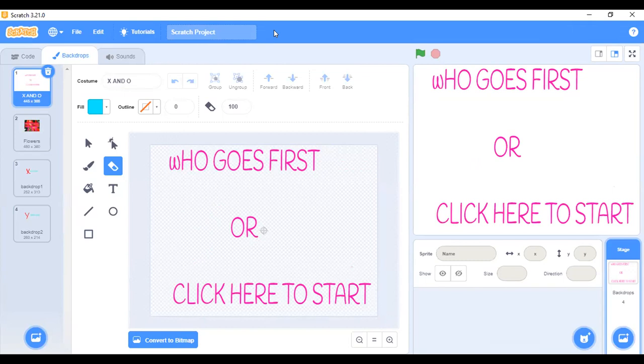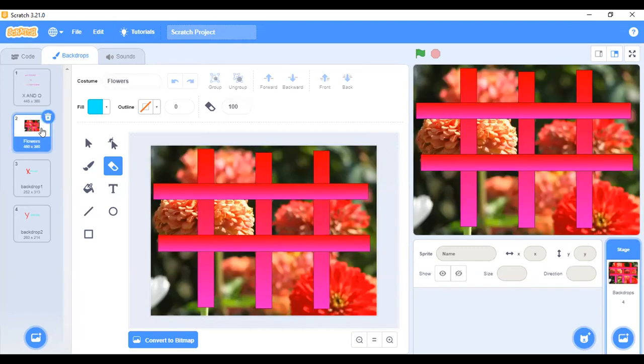Go back to that background. Is it this one? The flowers. How does this look to your own eye?